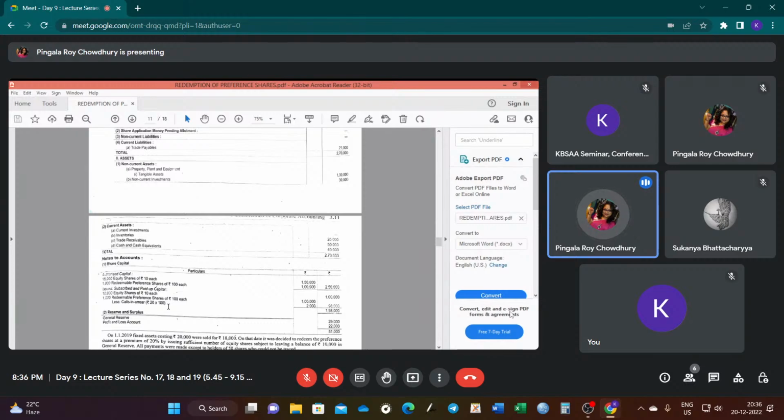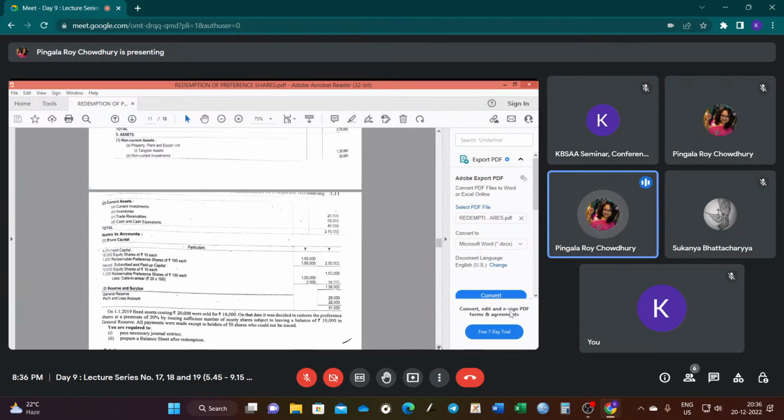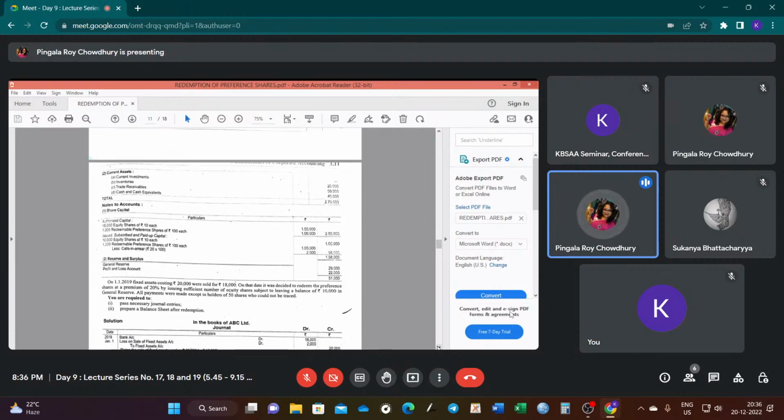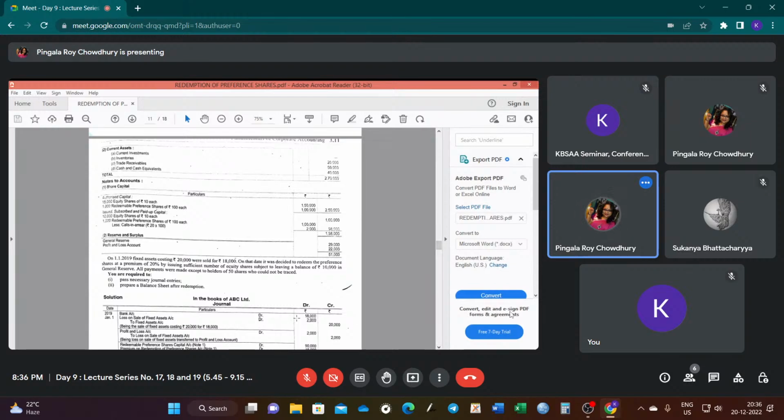So that means you can redeem only 900 shares. The face value of each is rupees 100. Now the general reserve and profit and loss account is given to you, and the question states that on 1st January there are certain fixed asset sales. The fixed asset which was costing rupees 20,000 was sold for rupees 18,000, and on that very date,